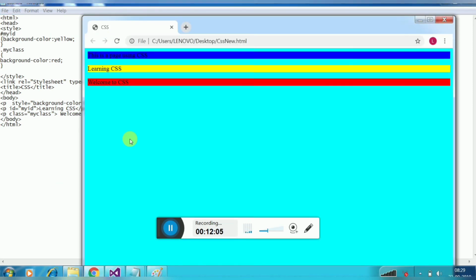Yes. So now we have seen what cascading style sheets are, how to implement them within the HTML, and how many types of style sheets there are. Three types of style sheets: inline, internal, and external. And we saw how to call an internal style sheet in three ways: element, ID, and class.